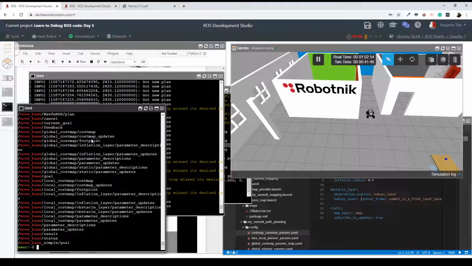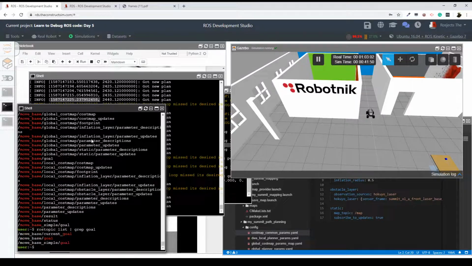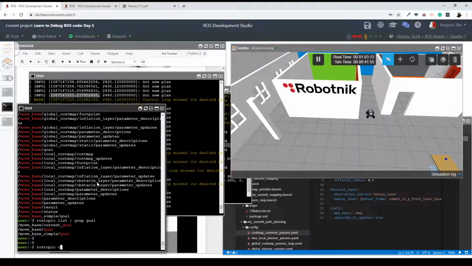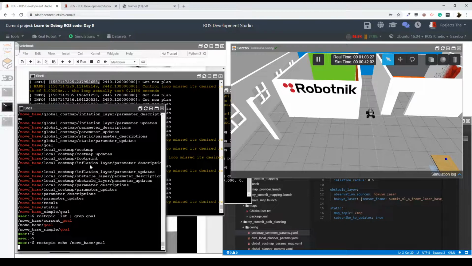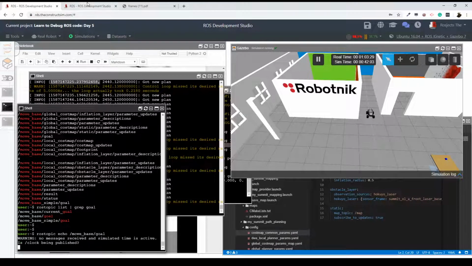So it looks like, let me filter it with the goal keyword better. Goal. Okay, so I have move base current goal, move base goal, and move base simple goal. Okay, so I'm going to check this move base goal topic. Alright? Then ROS topic echo move base goal. So now that I am listening here, if I send the goal here, a message should be published into